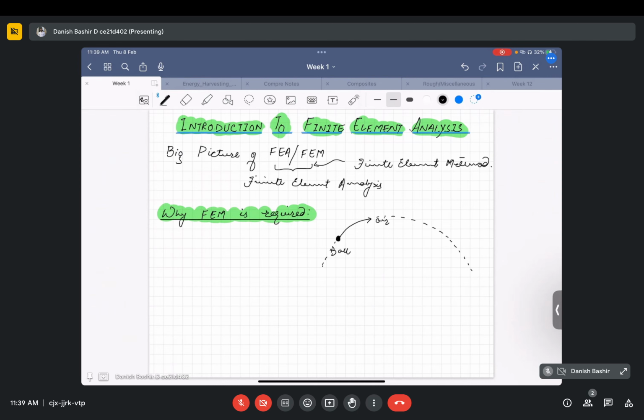If we try to plot its trajectory, or locate its position, velocity or acceleration, we have to apply some principles like the equilibrium equation,